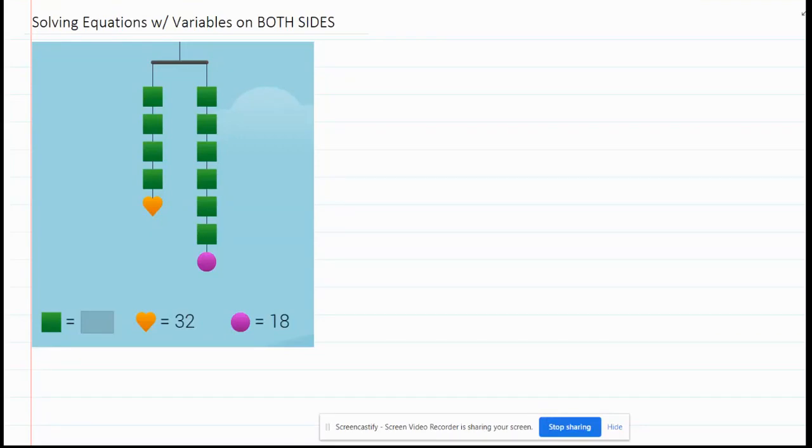Solving equations with variables on both sides. If I were to have given you an equation like 4x plus 32 equals 6x plus 18, you might look at that and at first be like, I don't know where to go with this because I see x's on both sides. All the equations that we've worked with up to this point only had x's on one side of the equal sign. So we only saw x's to the left of the equal sign or to the right, but never on both. But in order to tackle this equation here, it's really just using the same idea as what we see